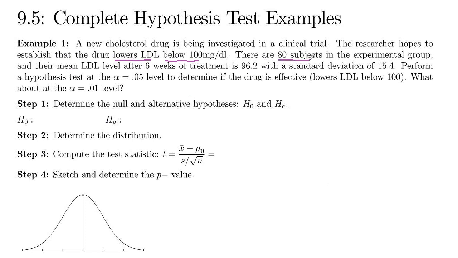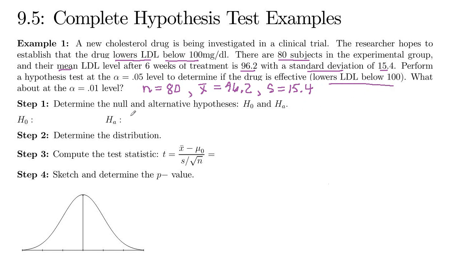There are 80 subjects in the experimental group, so that's the sample size, n equals 80. And their mean LDL after 6 weeks of treatment is 96.2. So that's saying X bar is 96.2. And a standard deviation of 15.4. So that's saying S is 15.4. Perform a hypothesis test at alpha 0.05 to determine if the drug is effective, which means it lowers LDL below